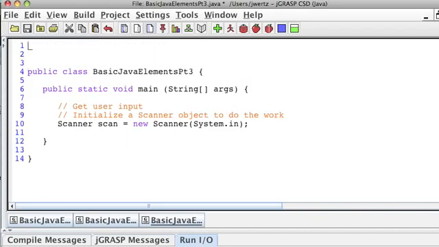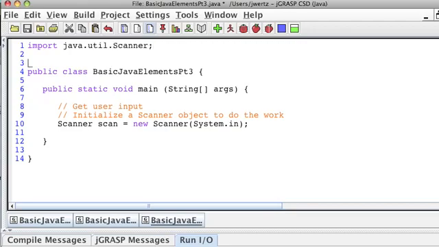Now, getting or reading data from the command line is not a default piece of functionality in Java. You need to ask for it. Java does this so that it doesn't present to you all the features, because that gets to be overwhelming. So some features in Java you have to ask for, or you have to import. In this case, I'm going to import